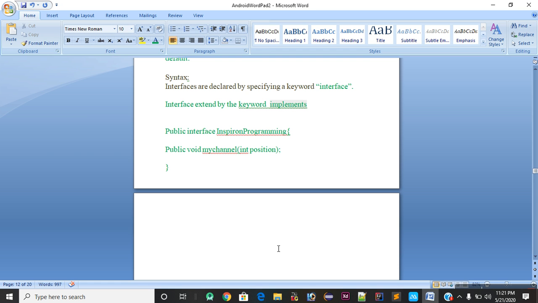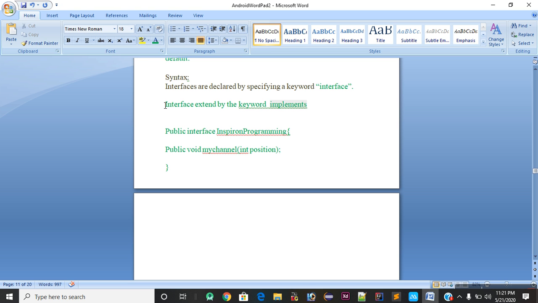For example, whenever we declare a class, we use the class keyword. So when we declare an interface, we use the keyword interface. And for example, we see the syntax of how to declare an interface.